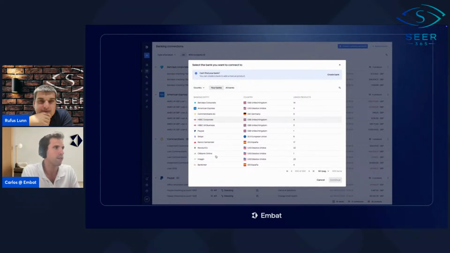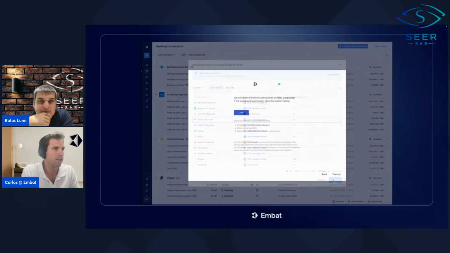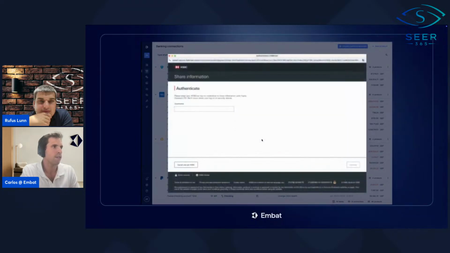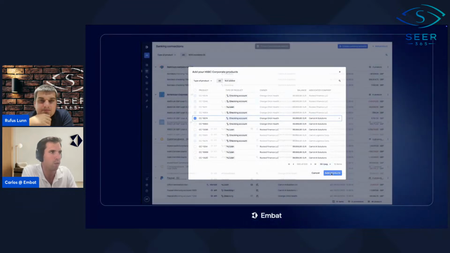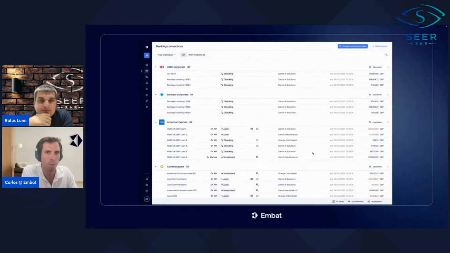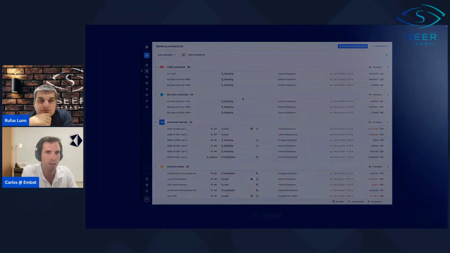Correct. And here, after building that connection, the user can select which company each of those financial products are synced into,